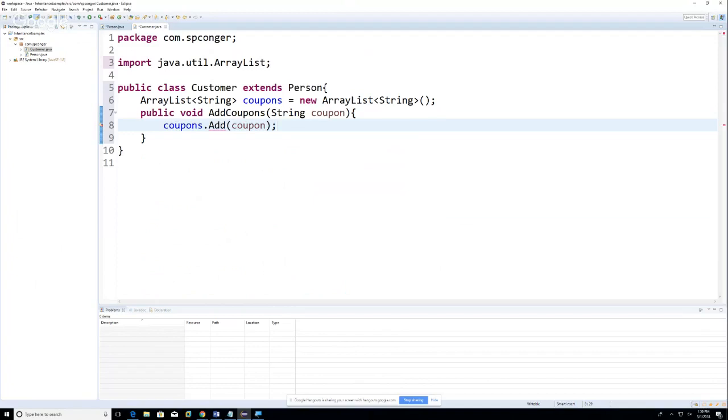And this is a generic, right? It's given its data type at runtime. Yeah, whatever a coupon is. Now add, I think add is lowercase. Okay, so that's one. I'm going to actually add one more